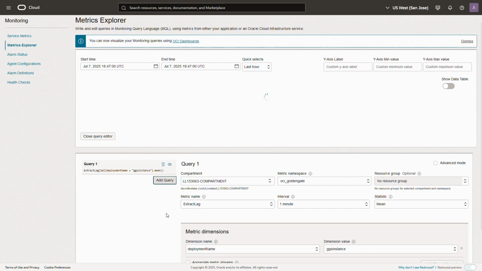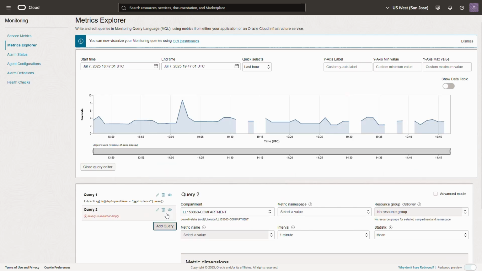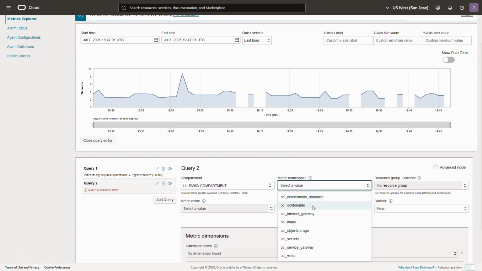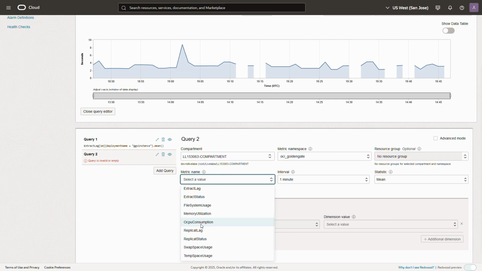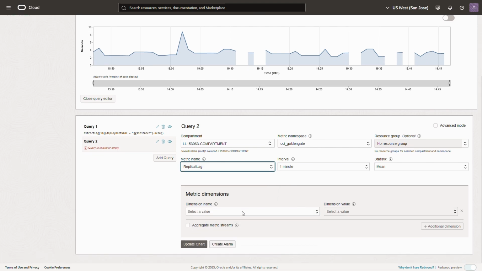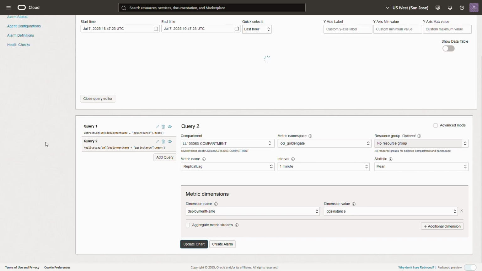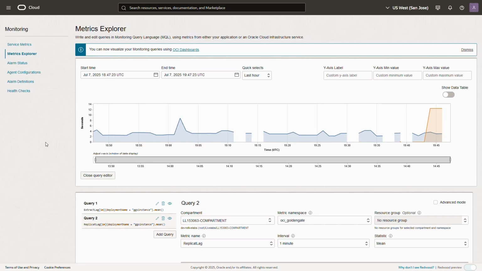Let's go ahead and add another query so we can also visualize our replicat. So same thing, GoldenGate. This time we're going to do replicat lag, deployment name, and then update our chart. We'll come back to the Metrics Explorer page before we close on out. We're going to leave it for 5 minutes so it'll update, and that way we can look at it more accurately. We're going to move on to the next lab, which is an optional lab about purging any unused trail